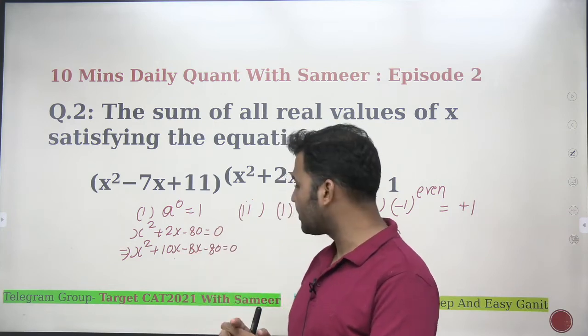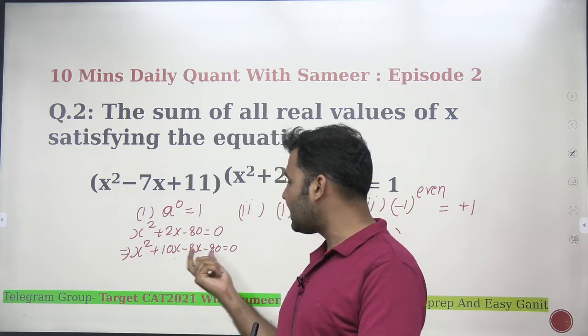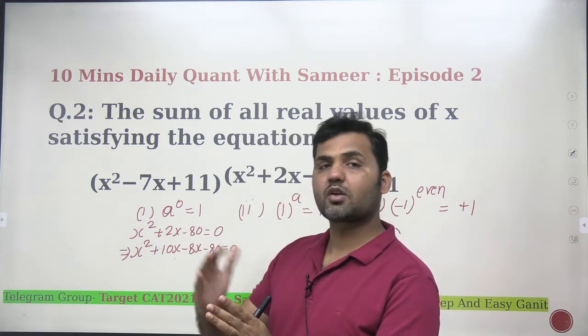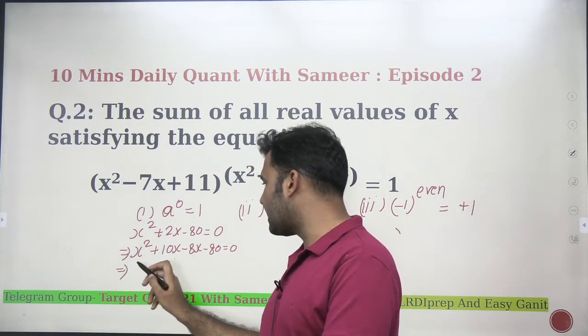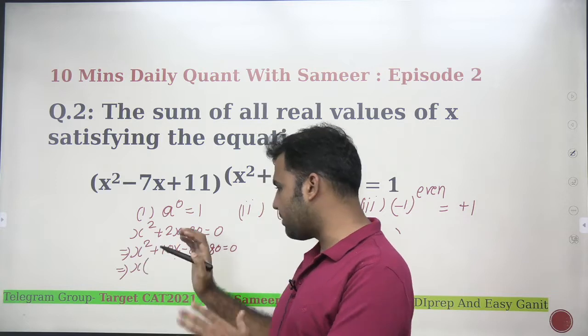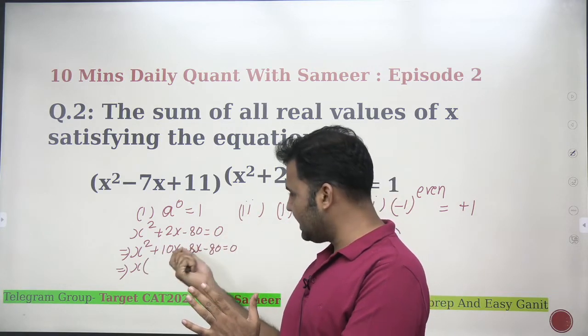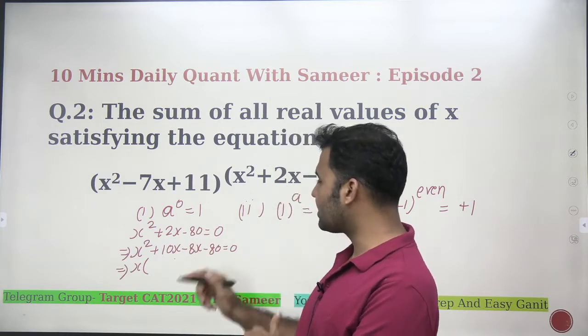Why we are doing this whole process? So that we can take something common from this expression and something common from this expression also, and then you will be able to find out the roots of the quadratic equation. That's a basic part. I hope everybody knows this, right? Now taking x as common, right? Otherwise the basics of factorizing the quadratic equation, and these small basics will be discussed in some other videos. Let's concentrate on the main concept here.